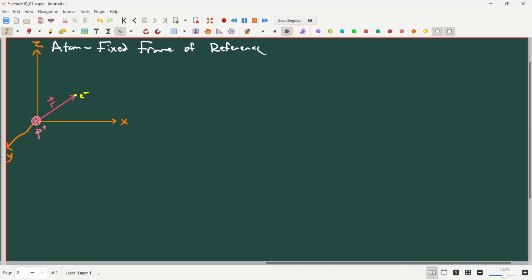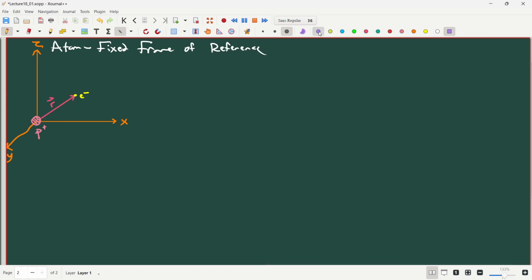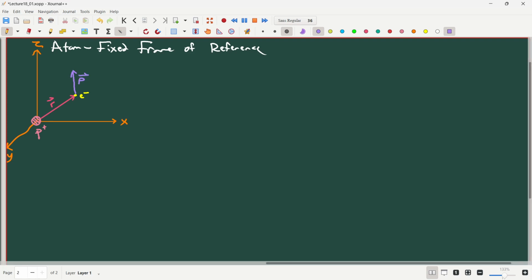All right, and we're going to orbit. We're going to make this thing spin, this electron spin. So we're going to apply some momentum to the object. Right, so maybe we push the electron in this direction. And remember, it's tethered to the proton, so it can't fly off. So this thing's going to orbit, and the question is which way is it going to rotate or orbit around